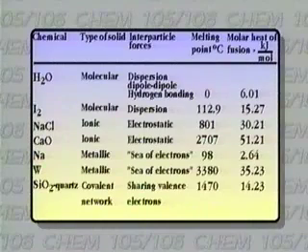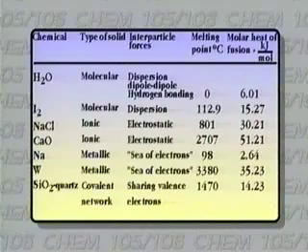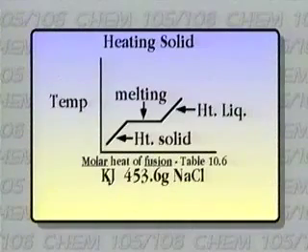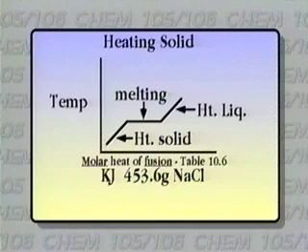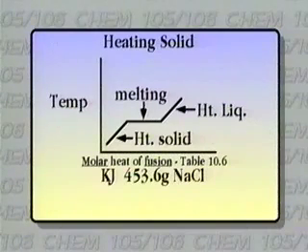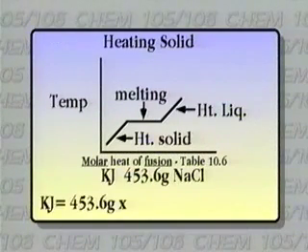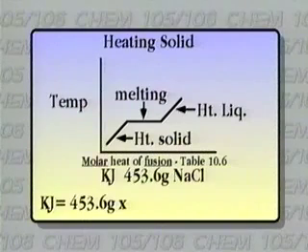So with those pieces of information, it is possible to do a quantitative calculation of the amount of energy needed to change from one to another. And let's just quickly ask the question, how many kilojoules of energy are needed to melt 1 pound of table salt? 453.6 grams of sodium chloride. So, kilojoules would be equal to 453.6 grams